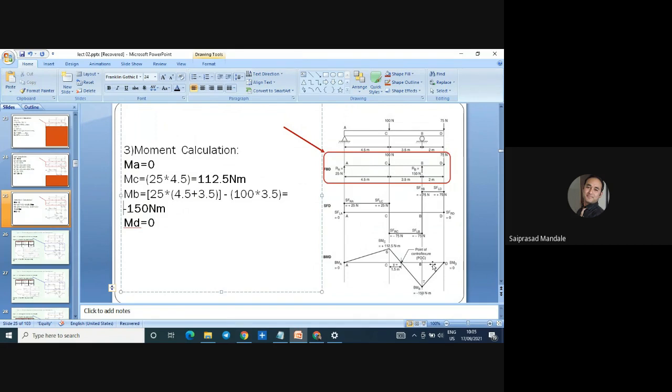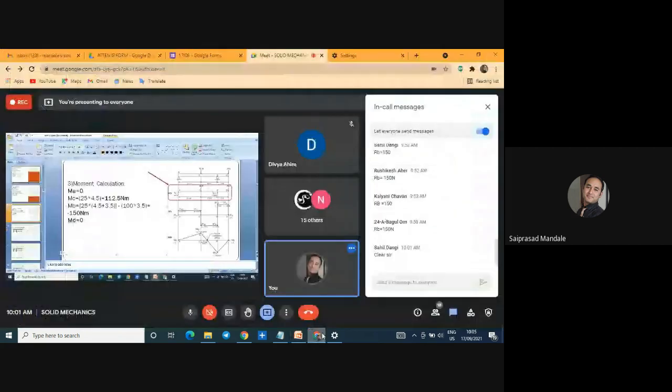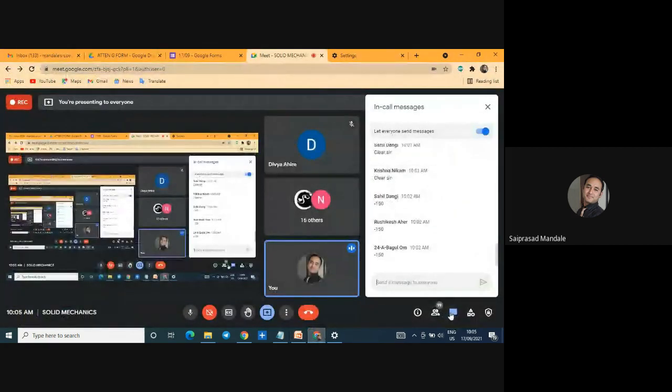In this numerical, drawing of the shear force diagram is step number 4. Drawing the bending moment diagram is step number 5. There is no point of contraflexure, so we are not going ahead. So is this numerical clear to everybody? If anybody is having any doubt, any query, you can unmute and talk to me directly. Any doubt, query, else you can write in the chat box.